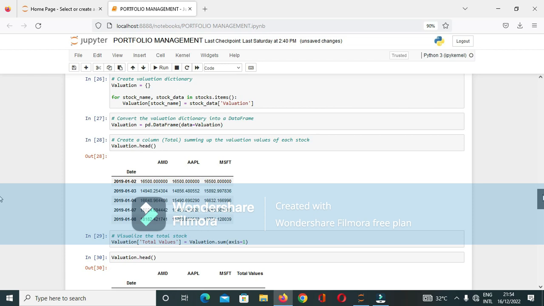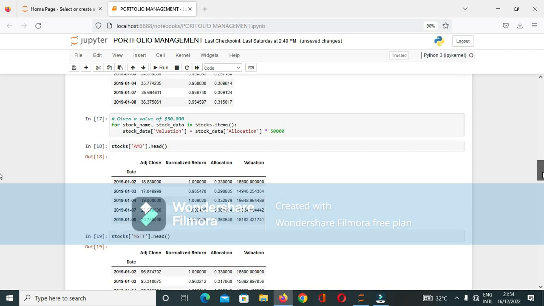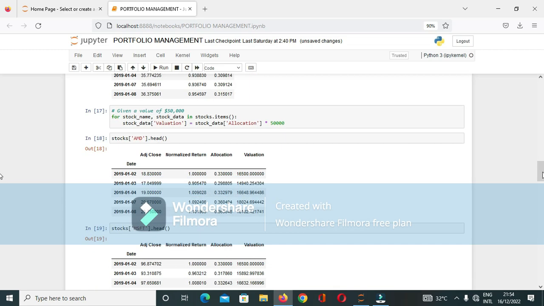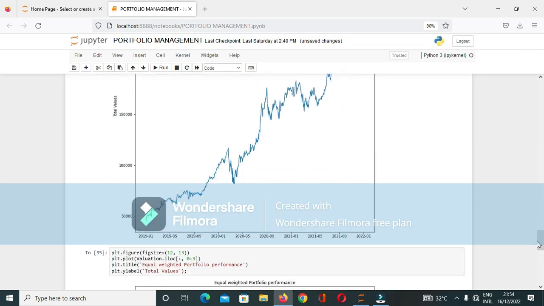So this brings us to the end of visualizing the performance of our portfolio. In our next video, we'll continue with calculating our portfolio performance metrics. This involves the mean, the median, our return, our daily change,